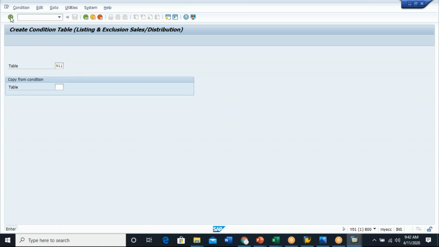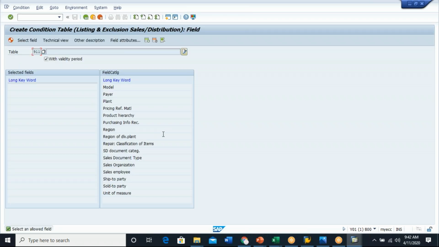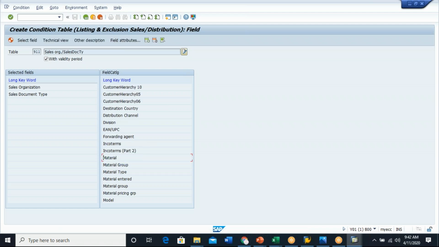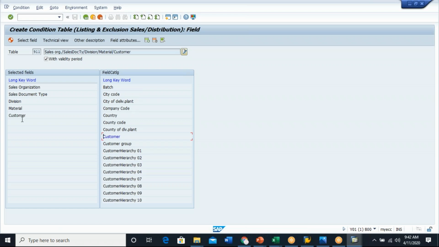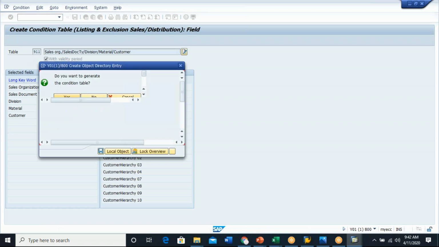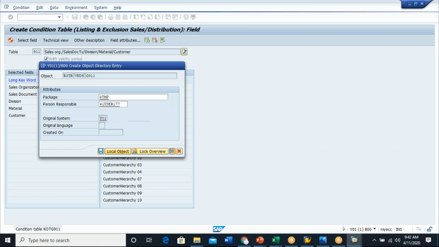Okay, create, and this record I wanted to create with sales organization, sales document type, division, material, okay, and then customer as well. So these are the 5 elements I need. So generate the record, local object,